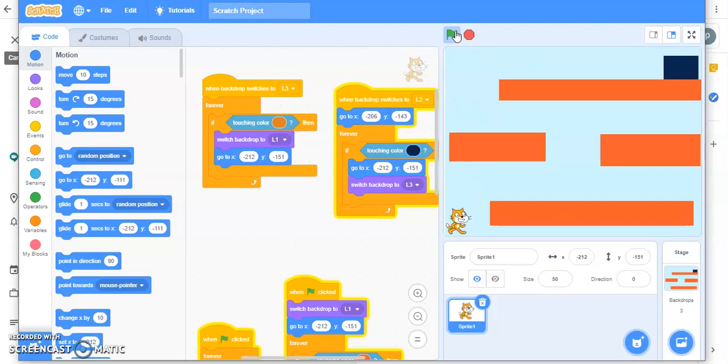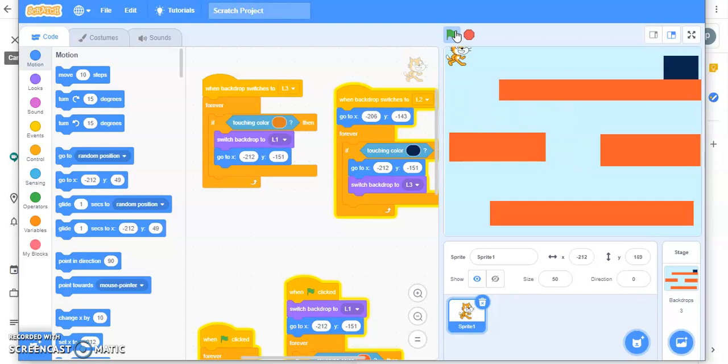Second level. Second level is quite difficult. And I am not the child who has patience.